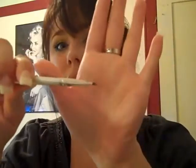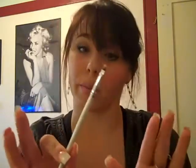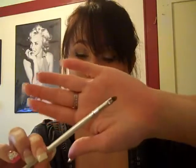It's really thin, so you can do a really nice cat eye. It gets right into the crease, the corners of your eye. On the bottom eyelash, you can get right up in there. It works really great. So if you need one eyeliner brush, the e.l.f. little baby concealer brush works really great. So these are my 5 brushes that I think are the